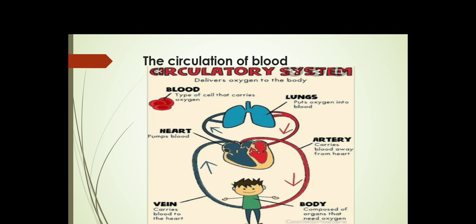Now the heart will pump the blood to the lungs. In both the lungs, they will help with the exchange of gases. Oxygen will come inside, the blood will become pure, and the pure blood will enter through the left side of the heart. Understand? Now the heart will pump this pure blood throughout the body.